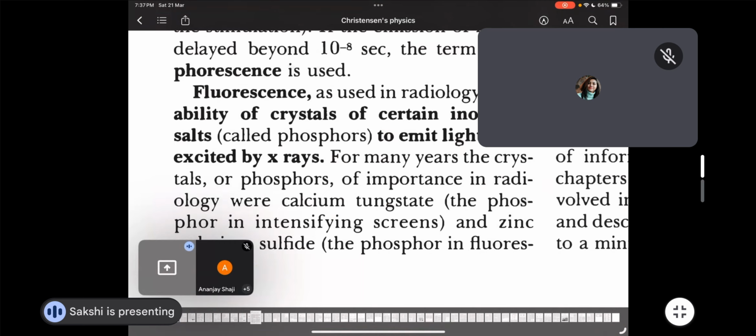Next topic is fluorescence. Most radiology departments follow fluorescence only, right? So what exactly is fluorescence according to you? Radio diagnosis means X-ray. So you have to use an inorganic material called phosphor, which is exposed by the radiation. After taking the information of the patient, it will emit light. It will expose the crystals. So that is fluorescence. Write down this question: what is fluorescence? Write the answer in your own language.